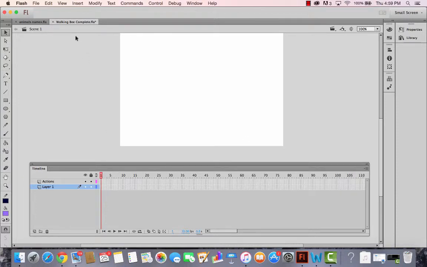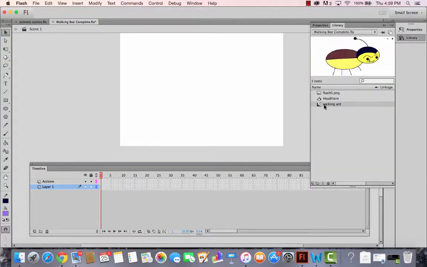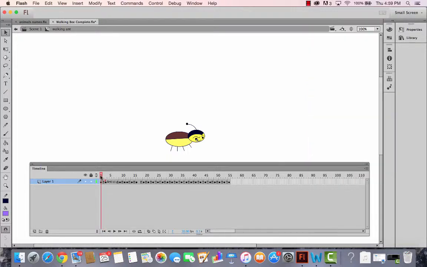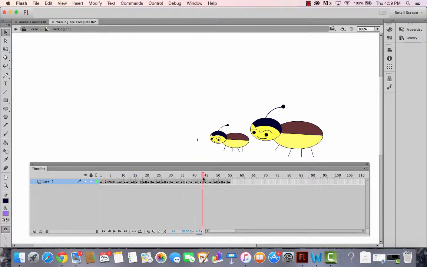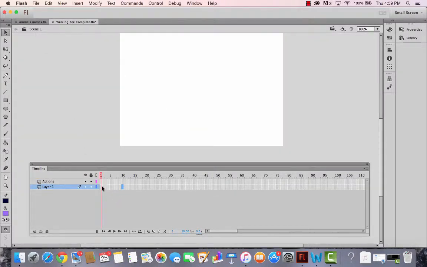I'm going to show you how to complete the walking bee example which we have been working on. So if you see, we have this ant in a movie clip which makes a jump, squash and stretches, her horn follows through an overlap, and it jumps in the form of an arc and moves forward, then exaggerates and goes back. So what we want to do is add an introduction screen at the beginning for about 5 seconds,